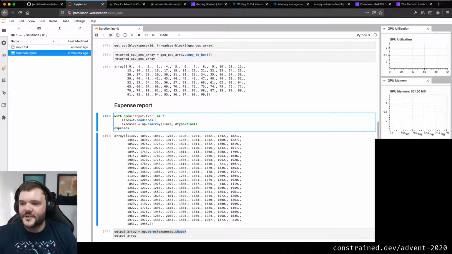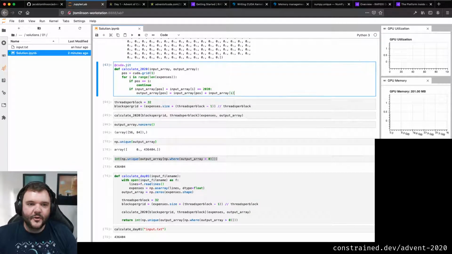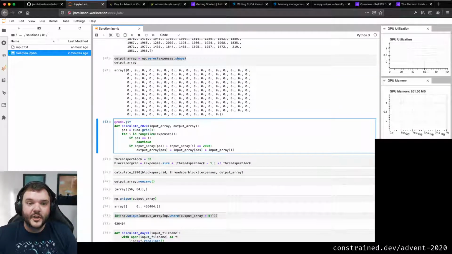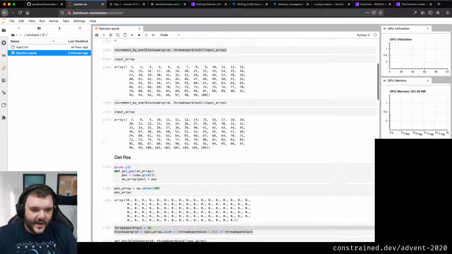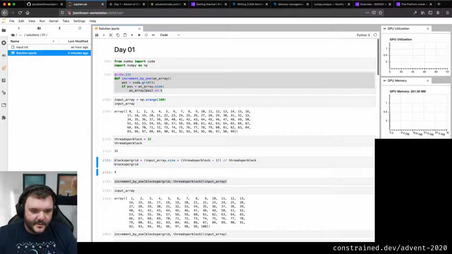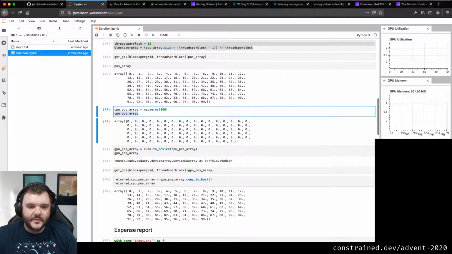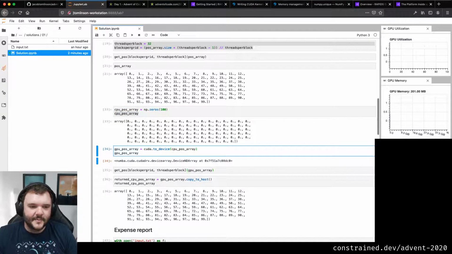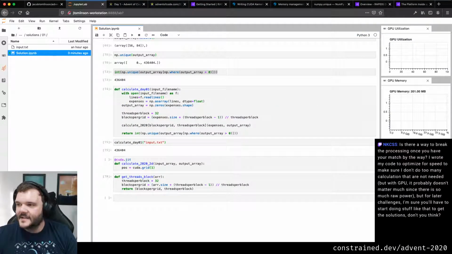But there's far more efficient ways to read from different files and do some cleaning. But then you could write these kind of functions that operate on your GPU array, right? You could do exactly this. You could read in from somewhere, do what I did before, where I move the data manually down onto the GPU, like cuda.to_device. So you could read in some data, copy it to the GPU, and then write these custom functions to do whatever you like on that array, and then you could just give that array to TensorFlow, and TensorFlow could do its thing, or PyTorch, or whatever. So yes is the answer.